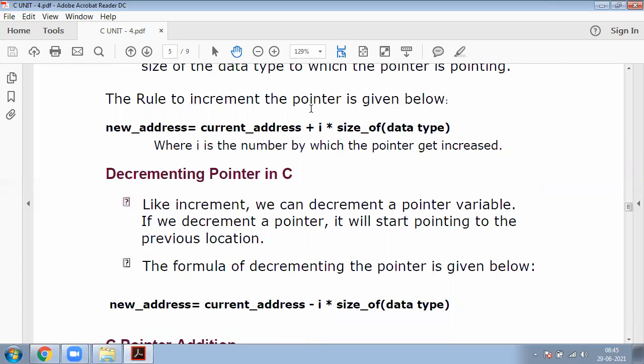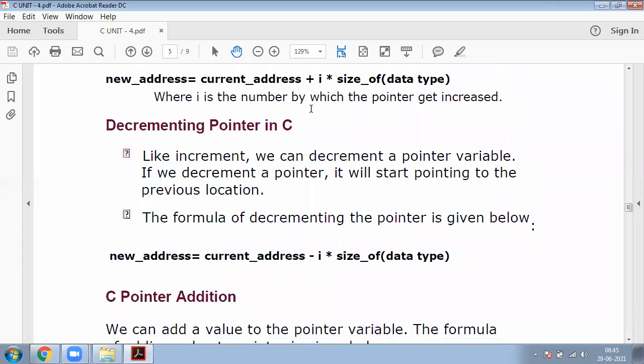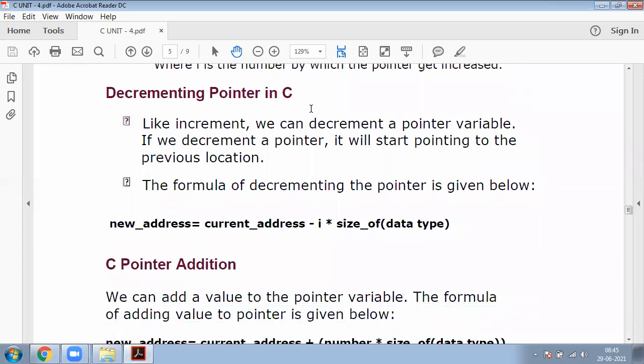This is the syntax for how the decrement operation is performed on pointers. I am highlighting it. Same as increment, but here there is a plus operator in increment and a minus operator in decrement.